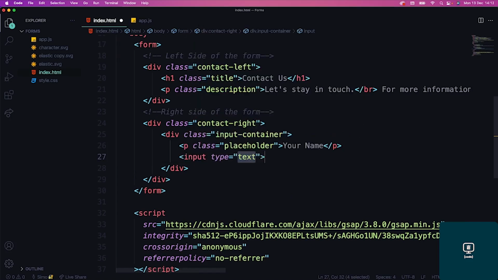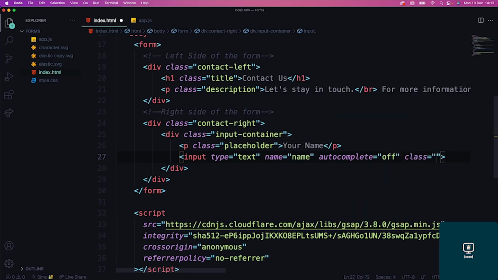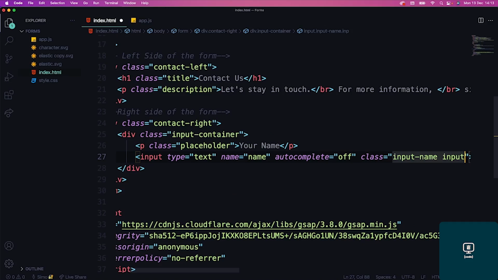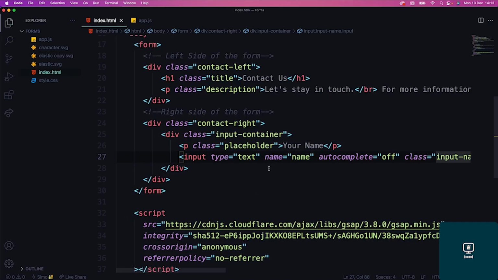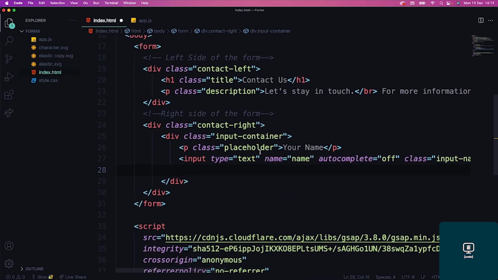that's going to be type text, which is fine. I'm going to add a name of name. I'm going to turn off autocomplete. This is optional, but you can add it if you want to. And here I'll add a class of input name and a general input, which all the inputs are going to have. Okay, so we have our placeholder, we have our input, and finally,